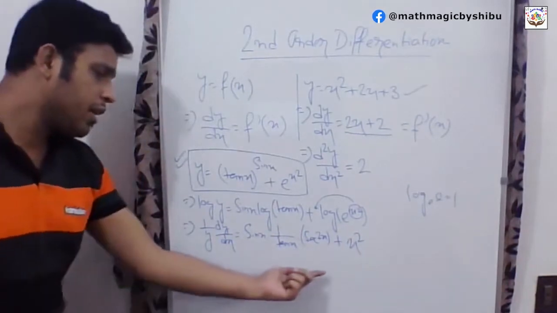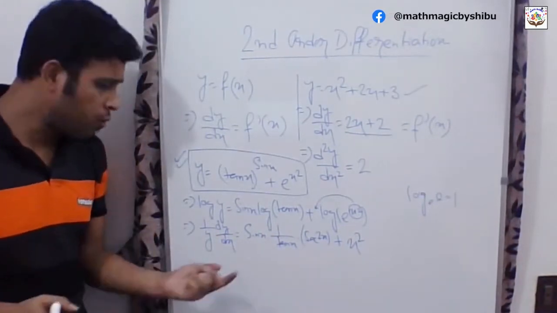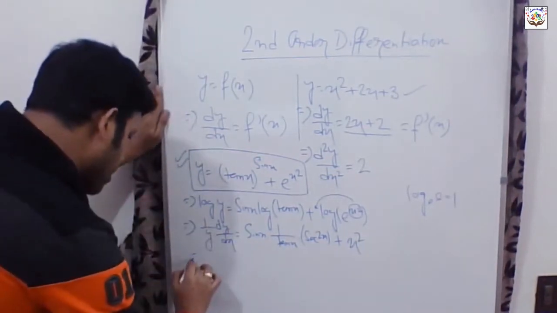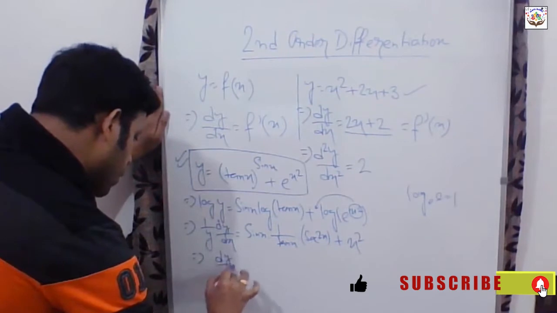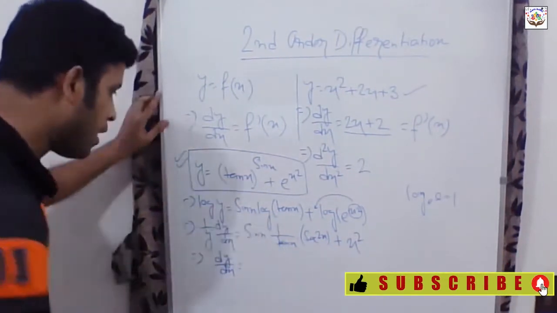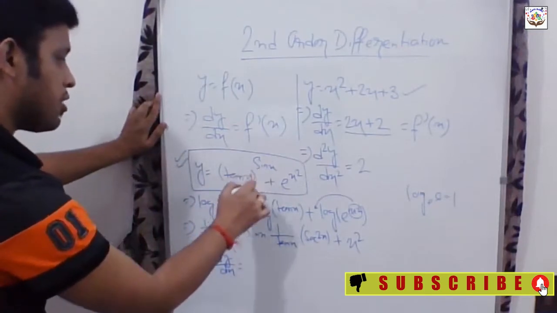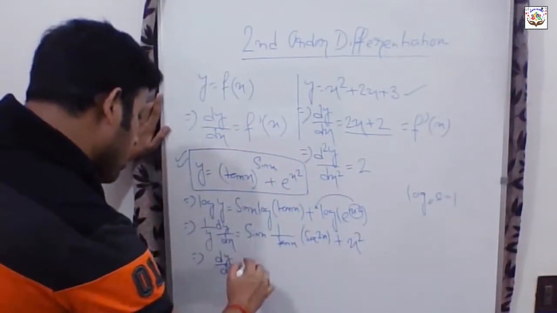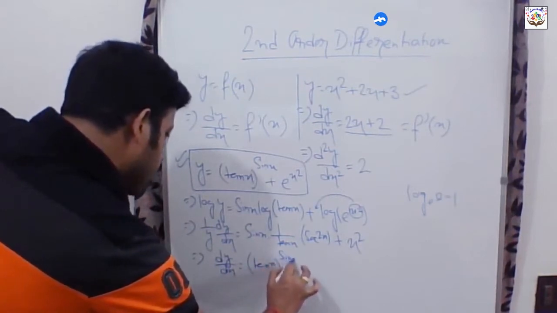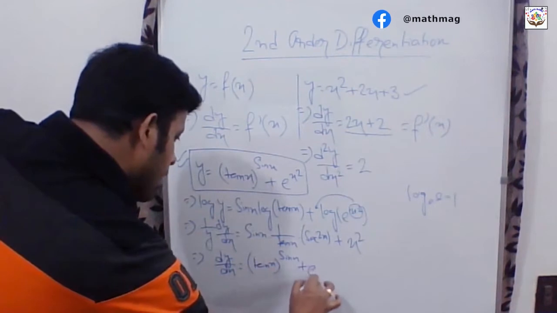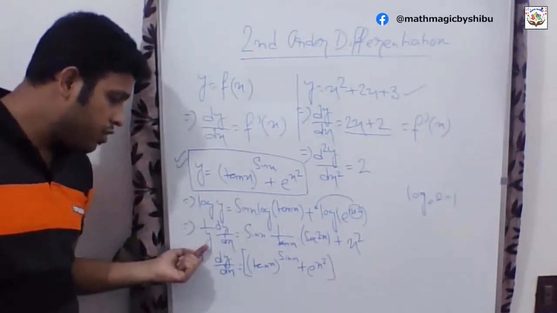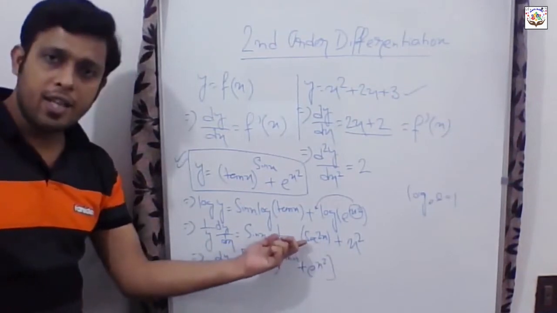Okay, so we can keep it up to this point for the dy/dx, although we need to solve another step to get the desired answer. Like dy/dx equals to, now we can cross multiply this y to the right hand side. Okay, so we know y as 10x to the power sin x plus e to the power x square. So 10x to the power sin x plus e to the power x square, it will be y only. Now this y will be multiplied to this right hand side.